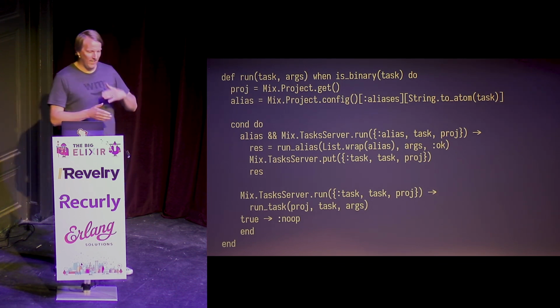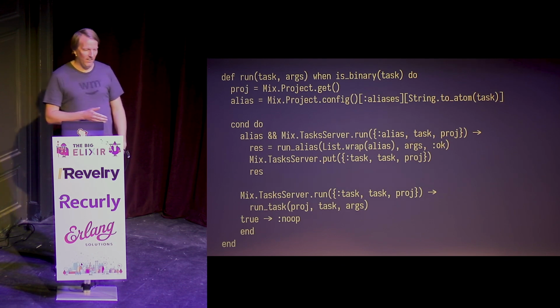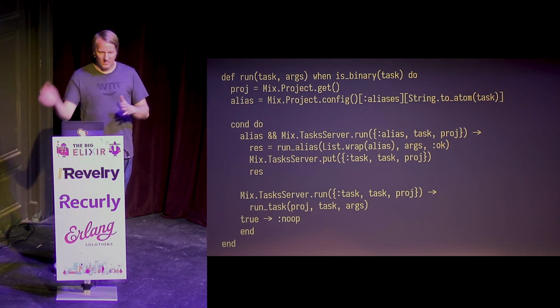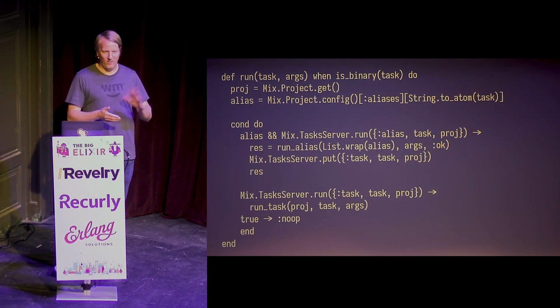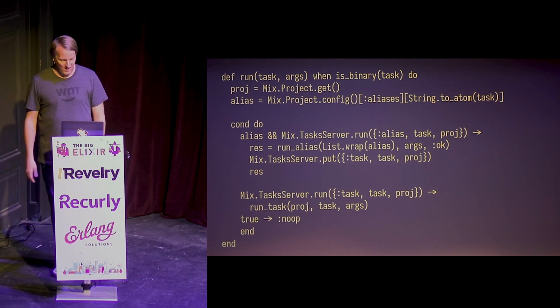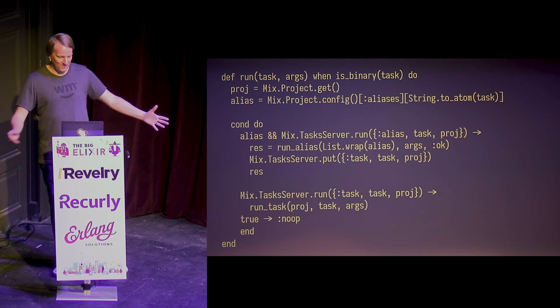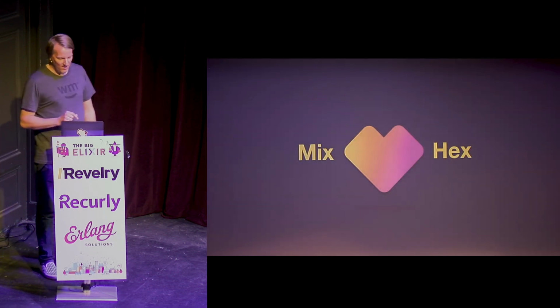So every time you run a task, it stores it in the agent, and that way if it gets to the second task and it says run mix compile again, the task server says, oh, I've already done that, just skip it basically. And that is mix in a nutshell.